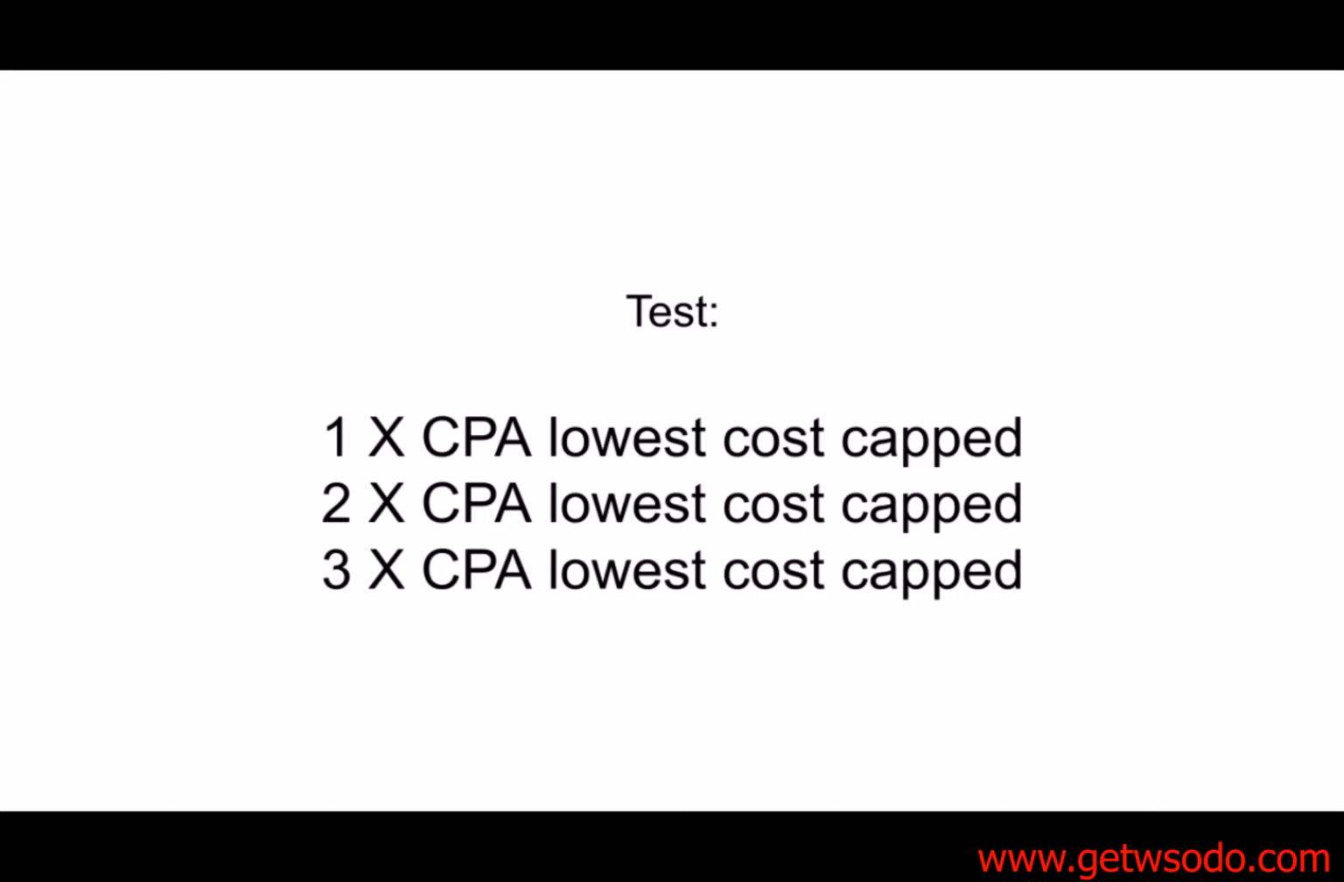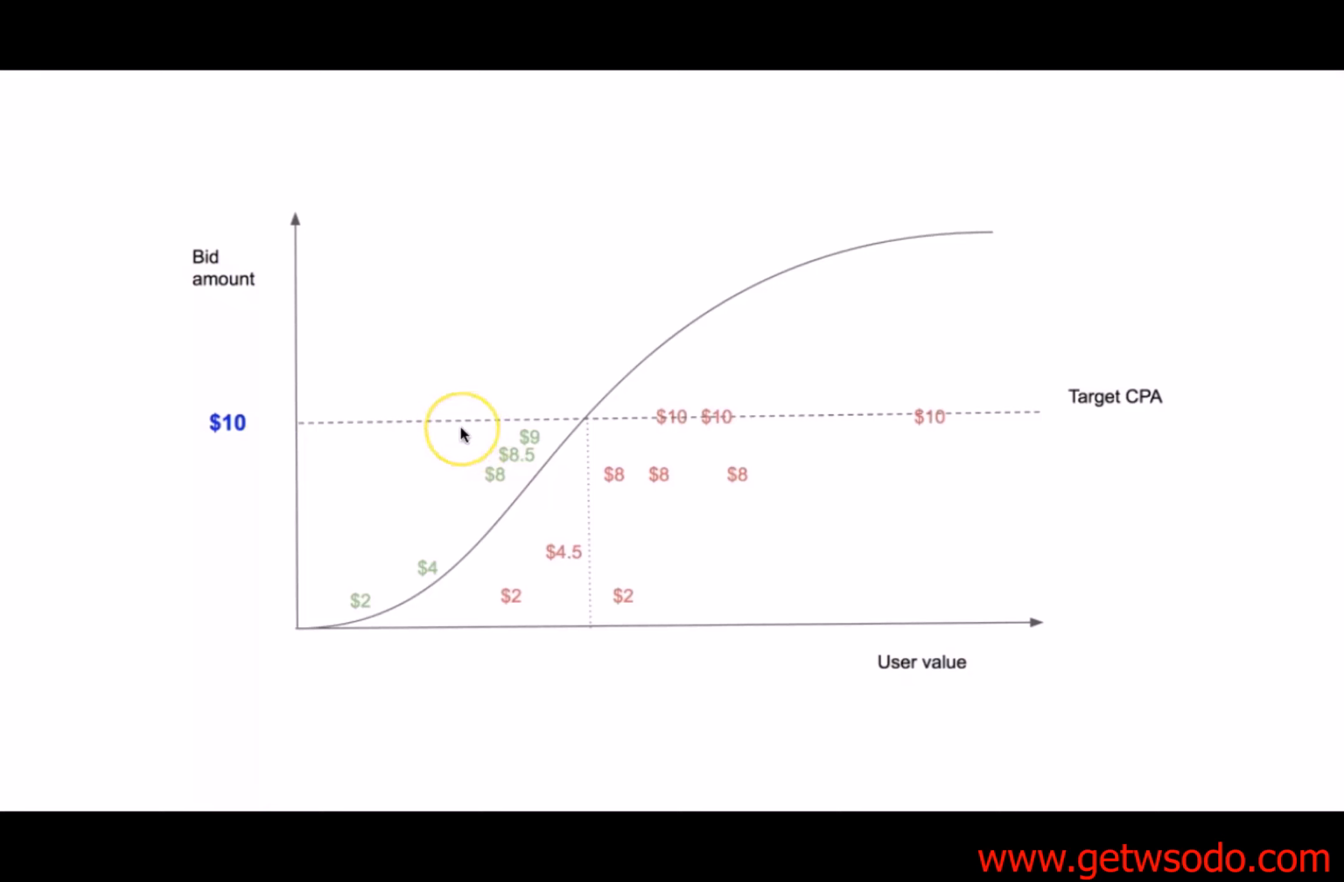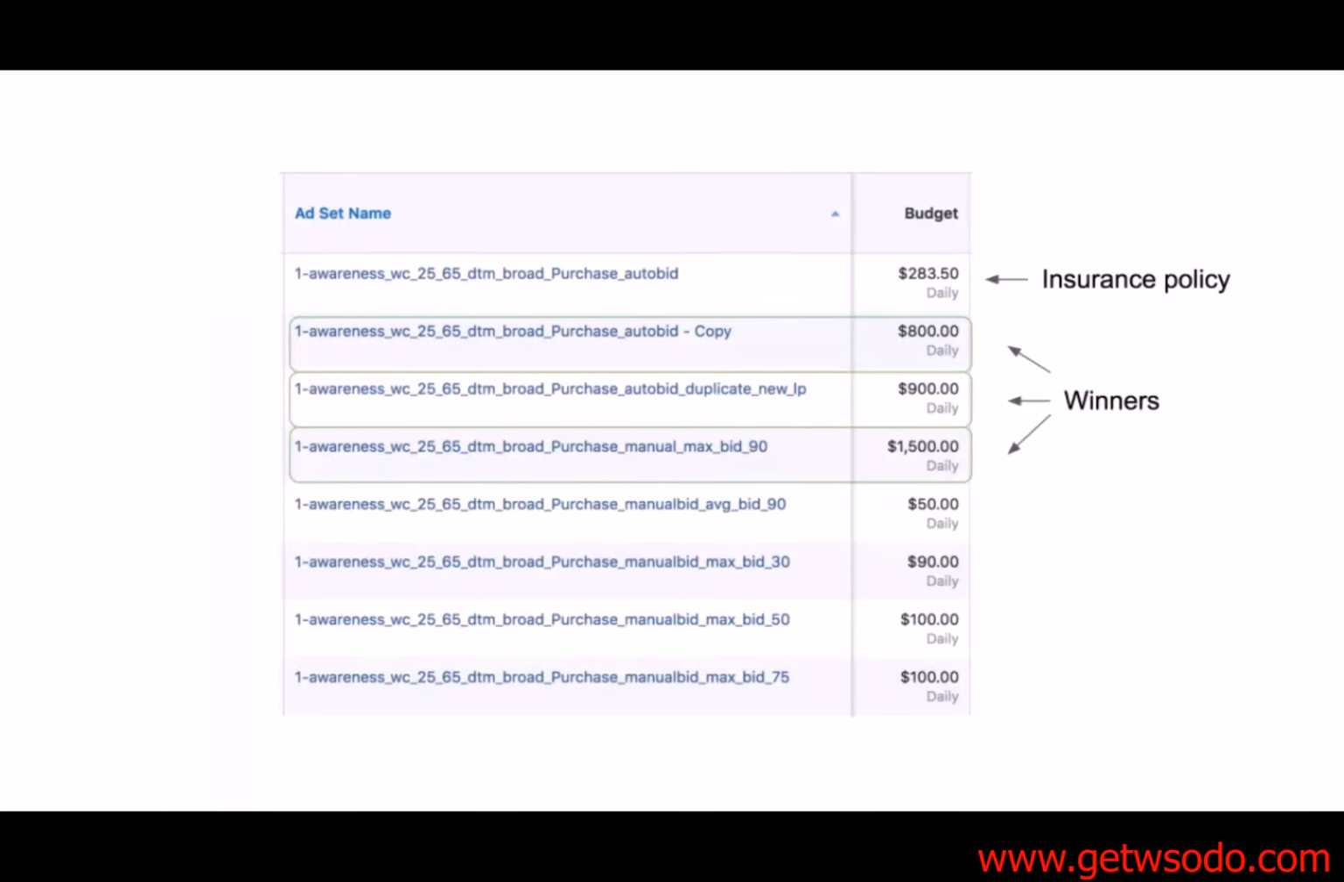What I like to do when I'm testing is when I have my CPA and I've made it work on auto, is to then test manual on 1, 2, and 3 times the CPA on a lowest cost cap. So going into an example, let's say my target CPA is $10 and Facebook's been doing its thing on auto. Giving you an example of how that's worked in practice,